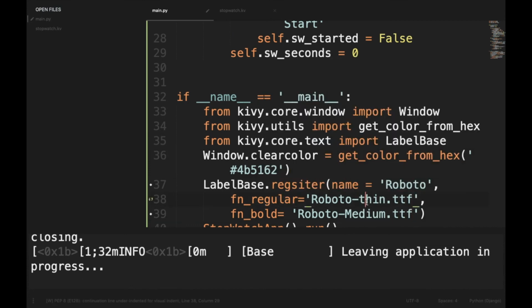So here it is Thin, T is big. We have set thin as the regular font and medium as the bold font.